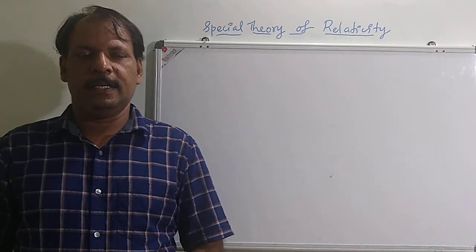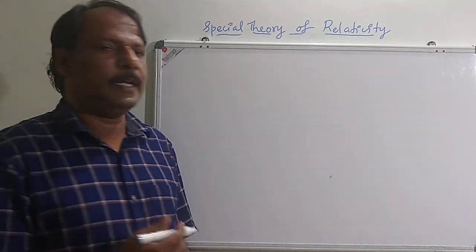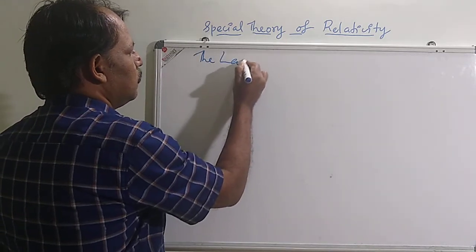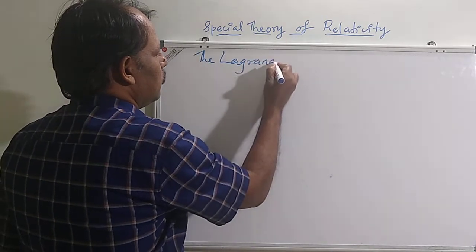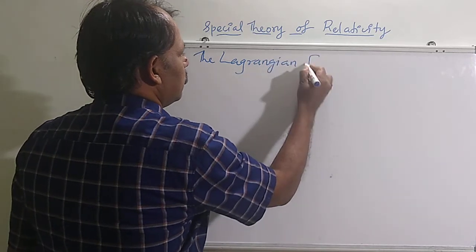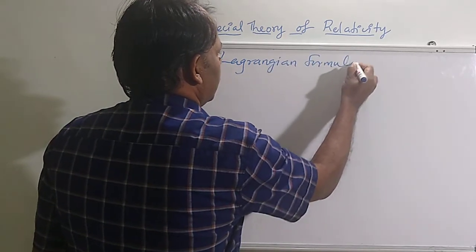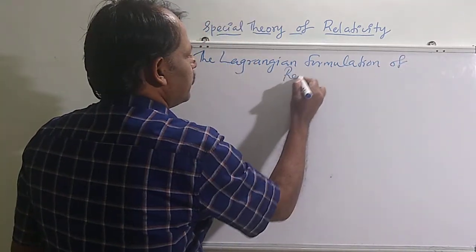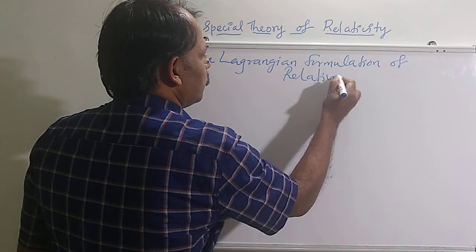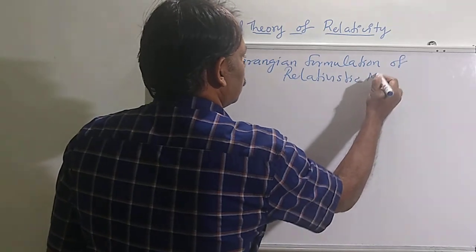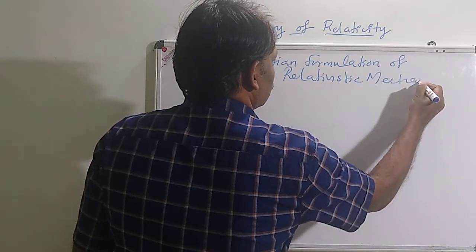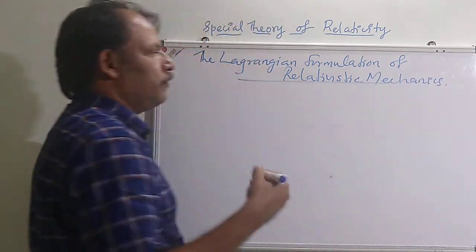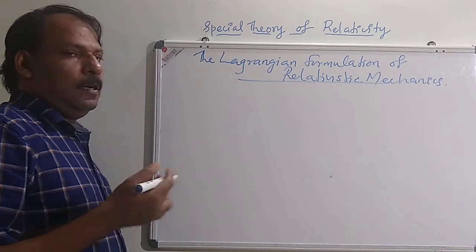Now we discuss the Lagrangian formulation of relativistic mechanics. So far we discussed the